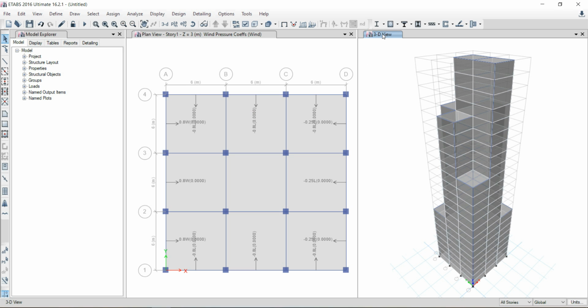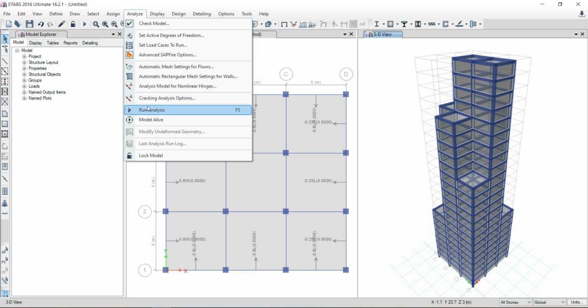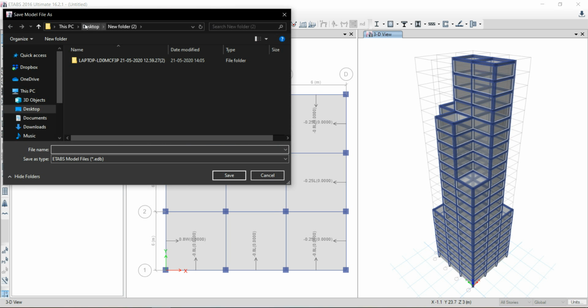First select the 3D view tab, click on extrude view toggle option and select use extruded view for frame objects. Now to run an analysis, go to analyze and click on run analysis, or simply use the shortcut and click on run analysis. We have to save the file before we run analysis.